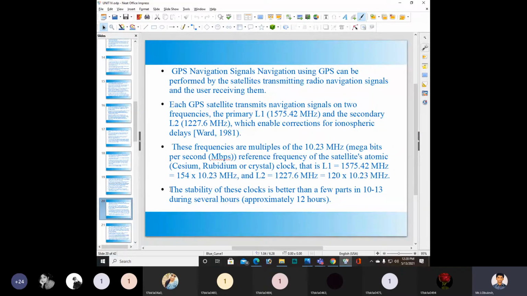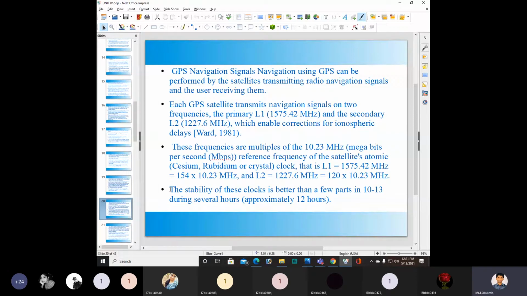These frequencies are multiples of 10.23 megahertz. The reference frequency of the satellite's atomic clock, that is L1, is 1575.42 megahertz. That equals 154 times 10.23 megahertz.